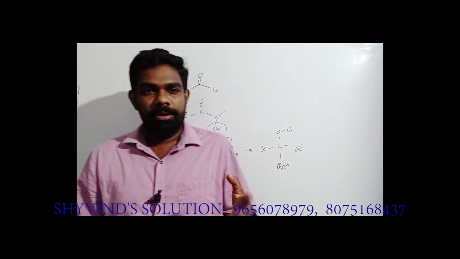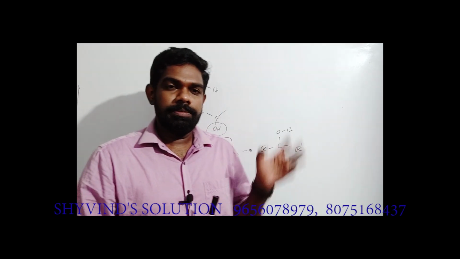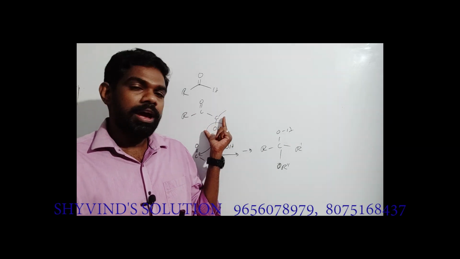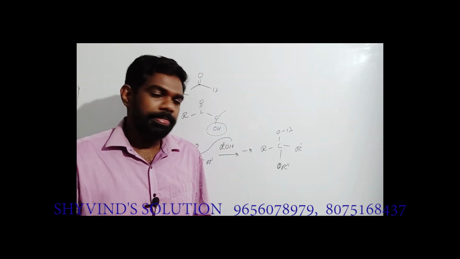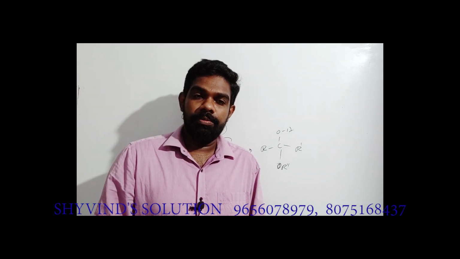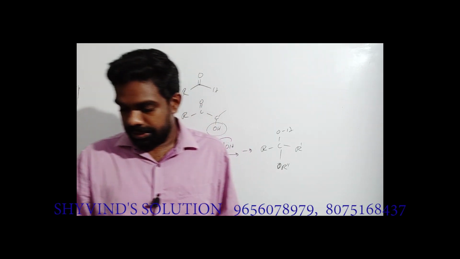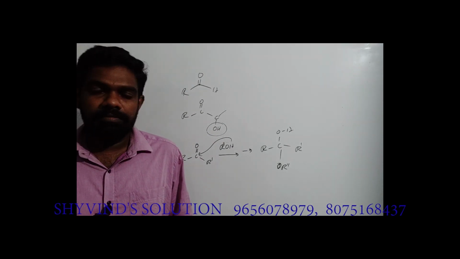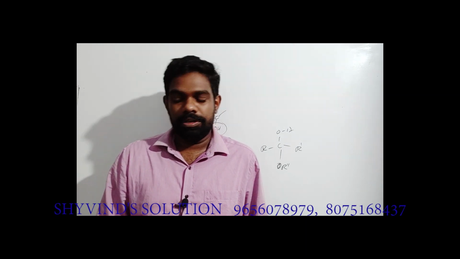So in reducing sugars, we know, just like glucose and fructose, these species can be present. So hemiacetal, alpha hydroxy ketone will be there, and this type of species also. So all these will give you a positive test. So options A, B and C are right. Acetal will not give you a positive Tollens test. So options A, B and C are right, and D will not give you a positive Tollens test.